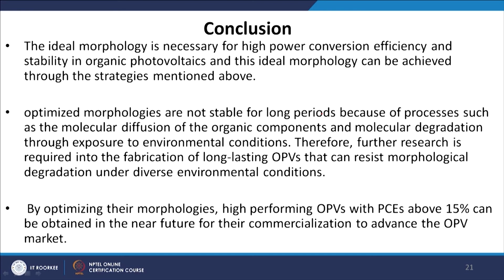So, for conclusion, what we have learned is that in a bulk heterojunction solar cell we need a bicontinuous phase separated percolated network, and that is an optimum morphology. An optimum morphology is always related to the exciton diffusion and exciton dissociation. If the morphology is optimum, then the photophysics will also be good and we will get a larger JSC value and larger VOC value. We have discussed some of the protocols or some of the design strategies for improving the morphology and improving the efficiency of the device.